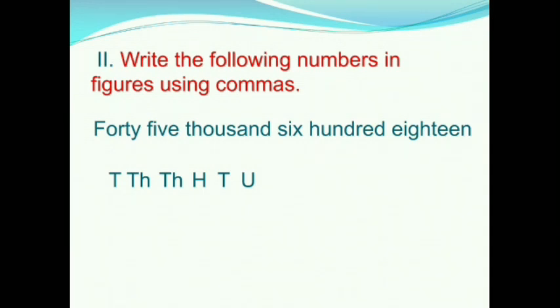First we will read the words: 45,618. Now we will go period wise. Here we have given 45,000. 45,000 will come in thousands period. 4 in 10,000s place. 5 in thousands place. Next we have 618. 618 will come in units period. 6 in 100 place. 1 in tens place. 8 in units place. We should put comma after each period. This means that the first comma is put after the hundreds digit. In the hundreds place we have 6.